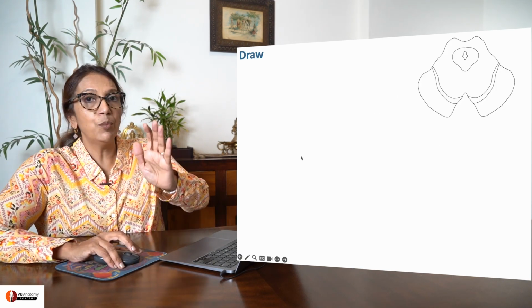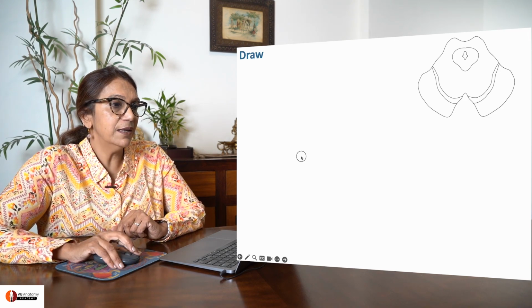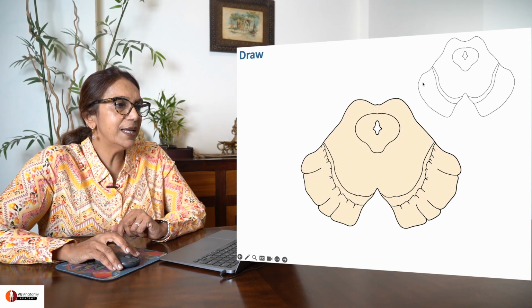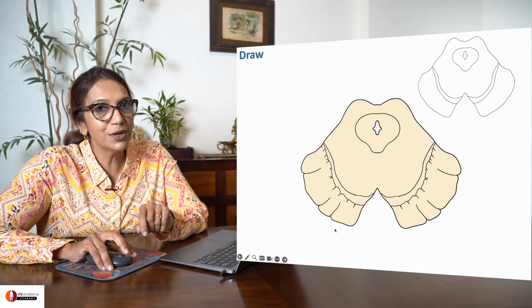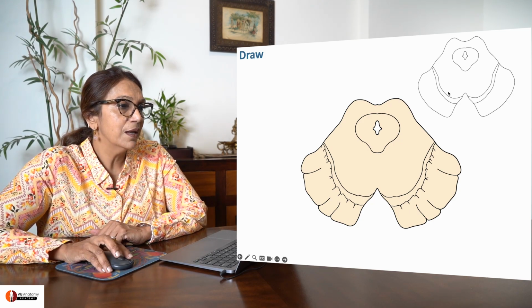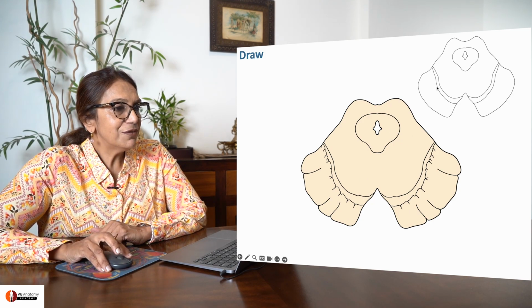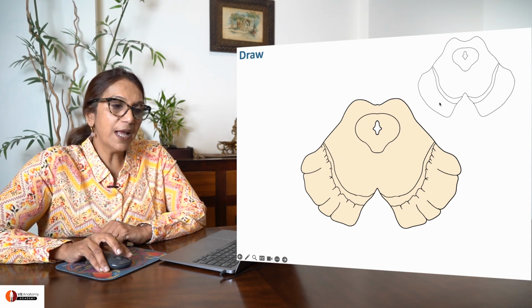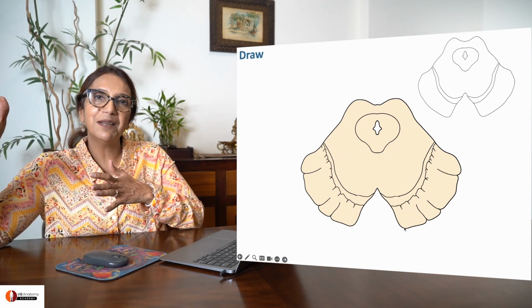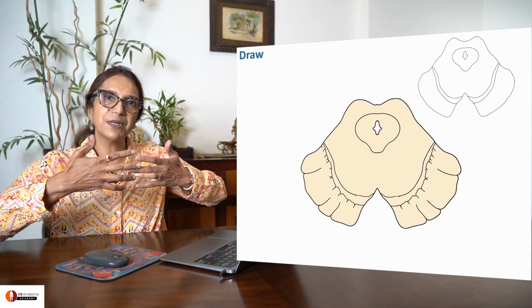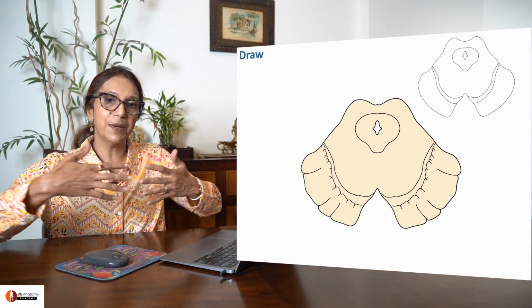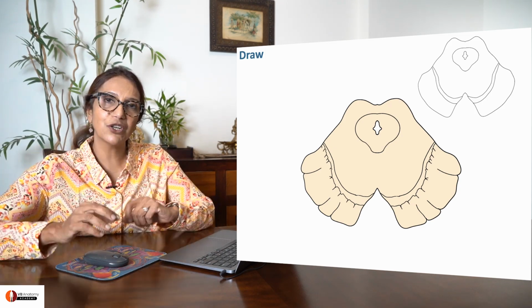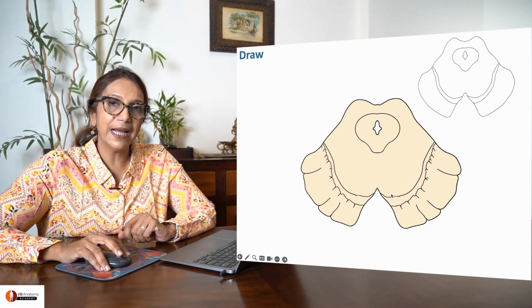Now, modify your diagram. We've done this earlier. Modify your diagram so that the edges of crus cerebri look a little rough to indicate the longitudinal fibers passing through it. Modify the anterior edge of the substantia nigra to give it a more reticulated appearance so that the cells of substantia nigra, pars reticularis and the crus cerebri fibers sort of blend into each other a little bit. So modify that if possible.